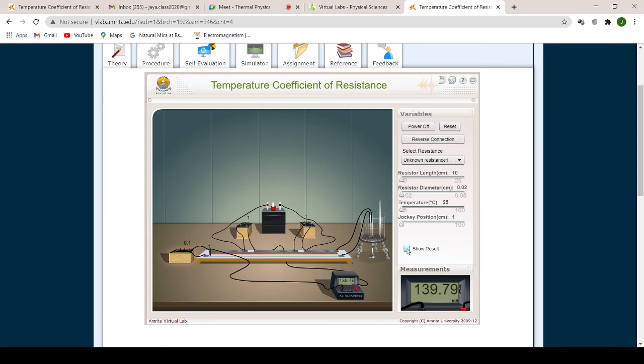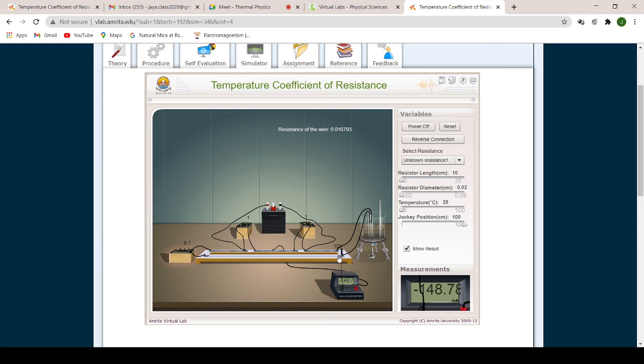You also have the option of giving the result directly, so that you can find out and cross check as you do the calculation. Now let us check the jockey, let us check the galvanometer to know whether the connections are correct or not. At one end of the jockey, it is showing a positive value, that is the galvanometer is deflecting to one extreme end. Let us move the jockey to the other end. It is showing a negative value, so connections are correct. This is what you are going to do in the physical lab also. Try to understand it properly. In case you are called to college, you should be able to do like this.